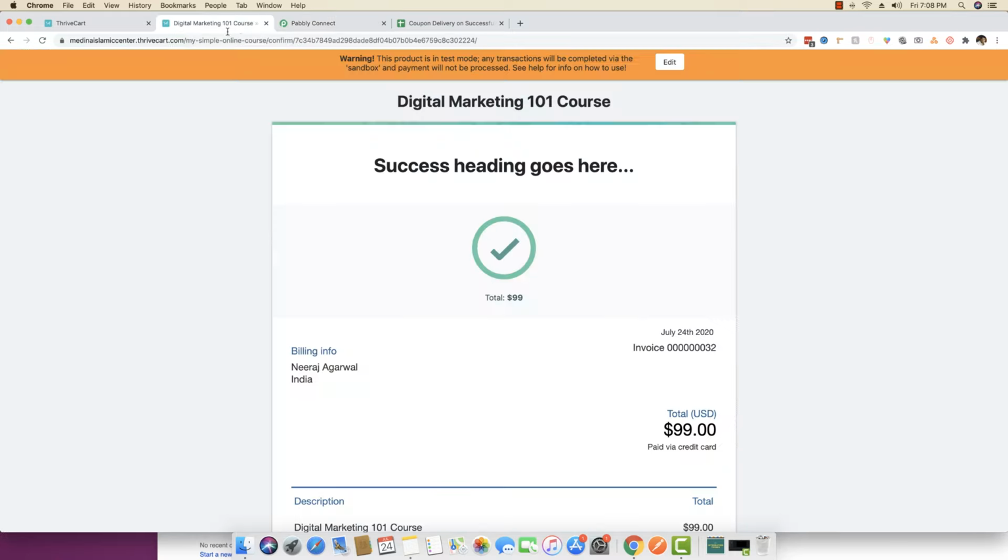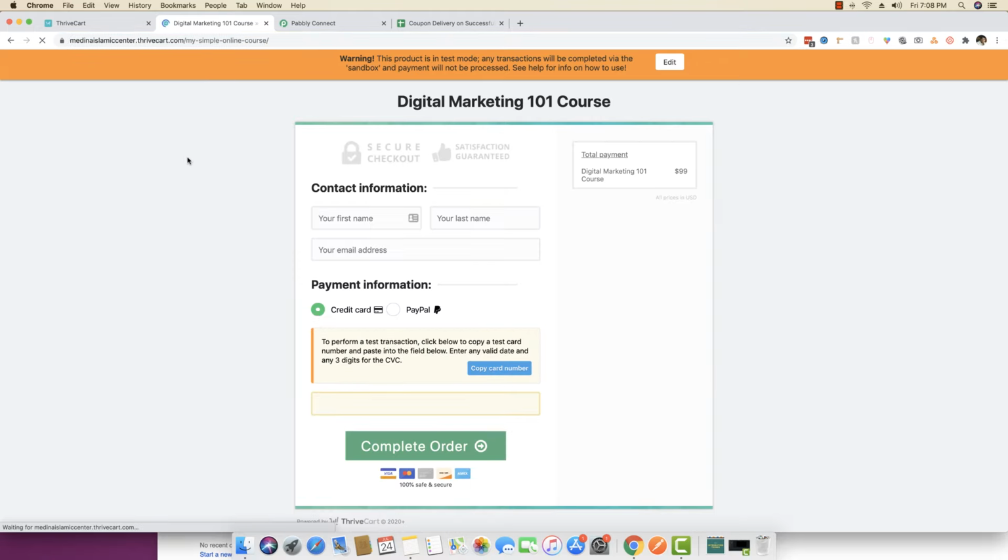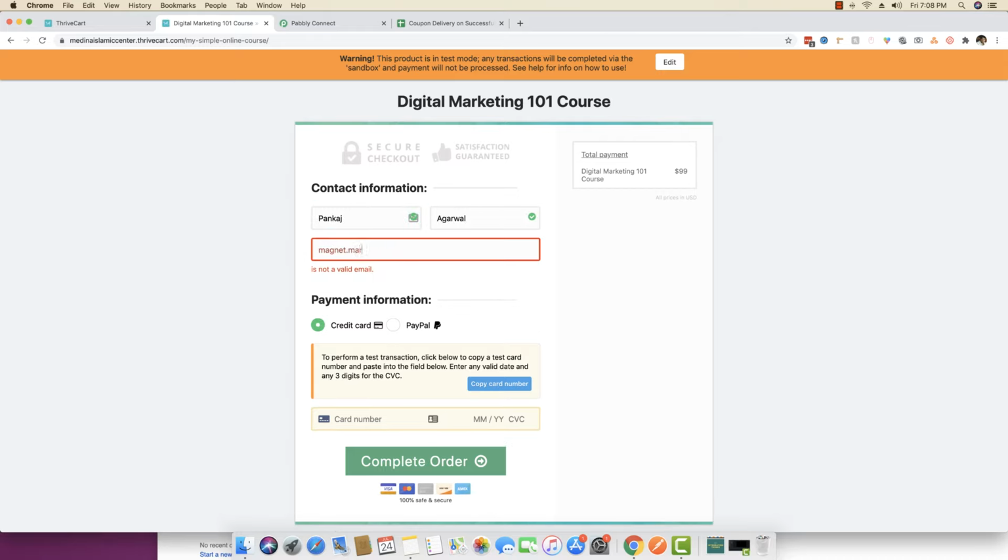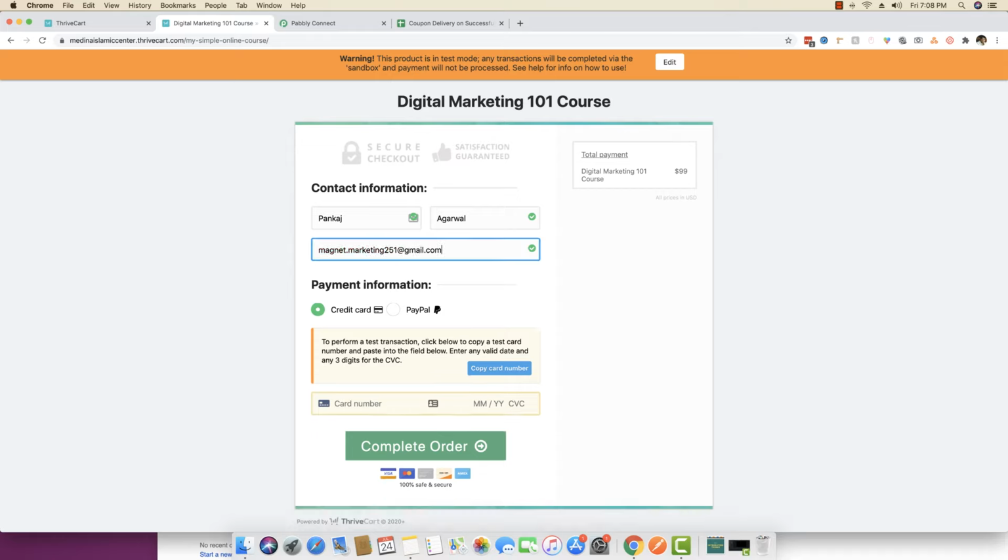Because everything looks good now, what I'm going to do is fill out this form again with a different name. So I'm just going to write a different name, but I'm going to use the same email address because I'm going to receive the same email on the same email address. I want to do that. So I'm just using the same customer's email. Credit card purchase, copy card number. I'm going to put in my credit card and the CVV number. So I will now complete the order.